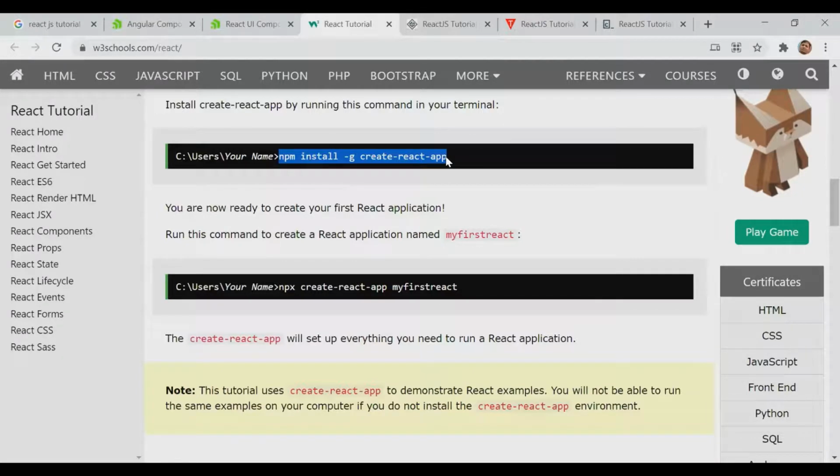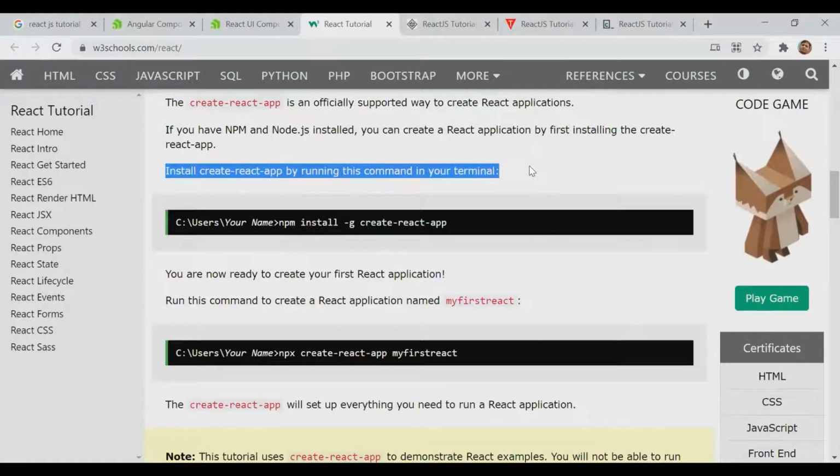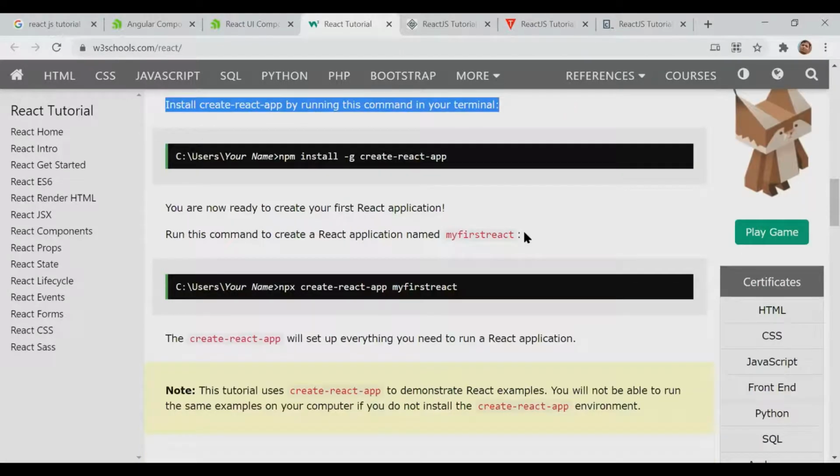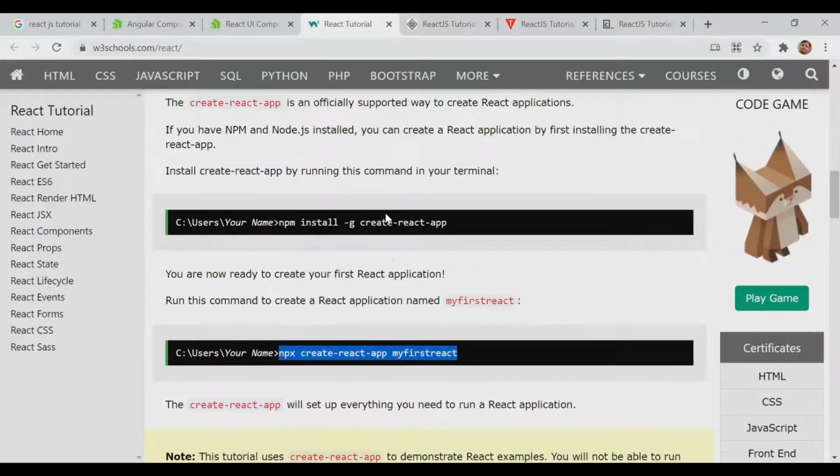We can read this line from here also. With the npx command, we are using the command create-react-app. First it's installing that command. I am also new, right?